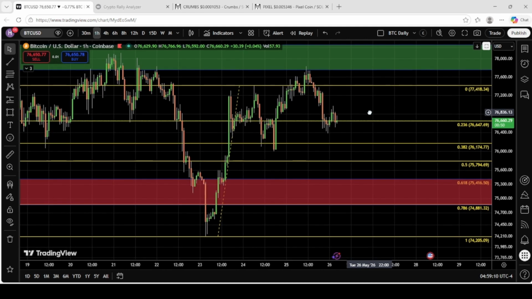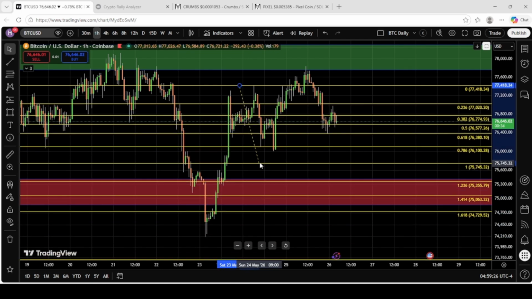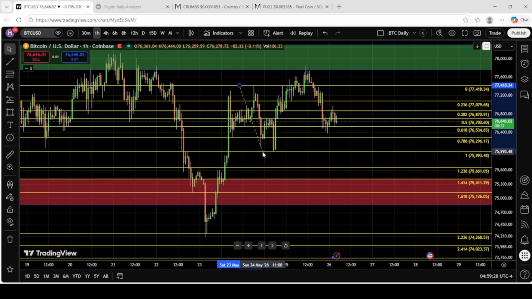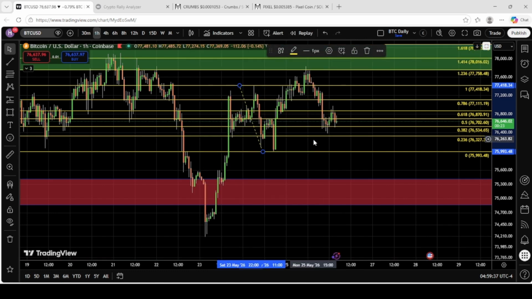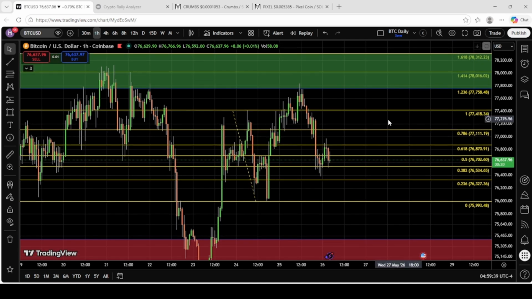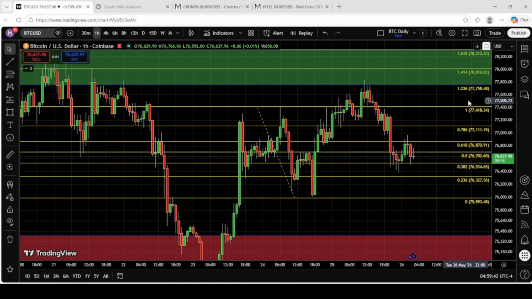So looking at Bitcoin, from this top down to this bottom, we have the 618.786 area marked out. Did not get down here, bounced right around the 382 level and went higher. So we moved the fib from the bottom to where this bounced at. Reverse the fib. You can see we hit the 1.236 at 77,758, and we have come back